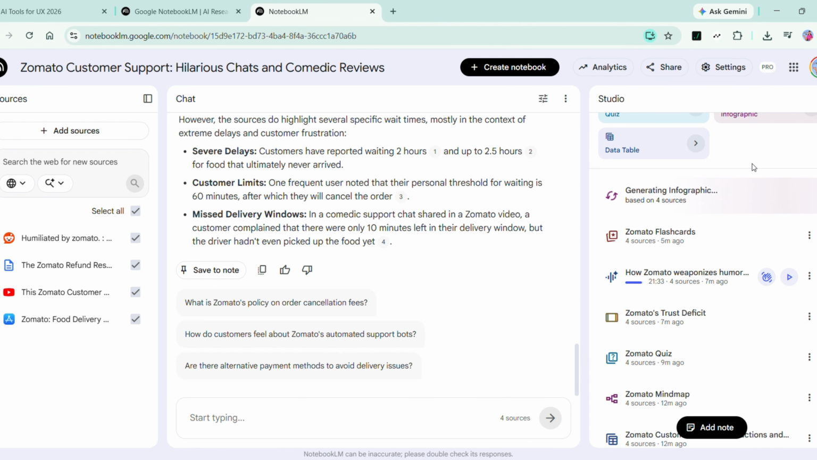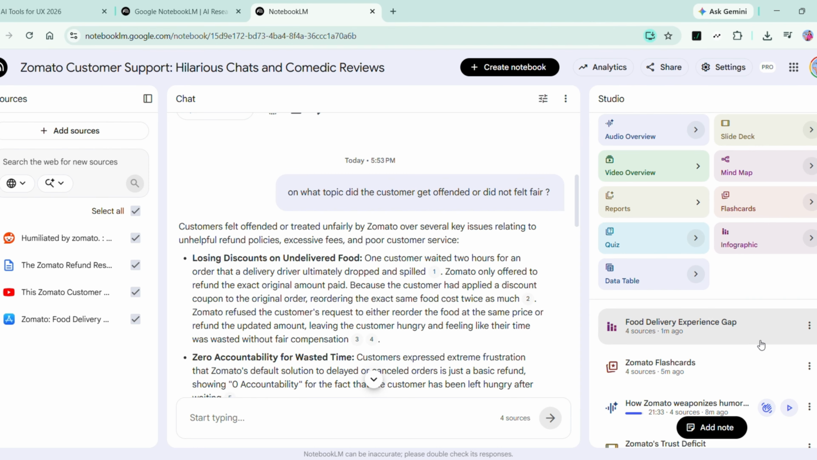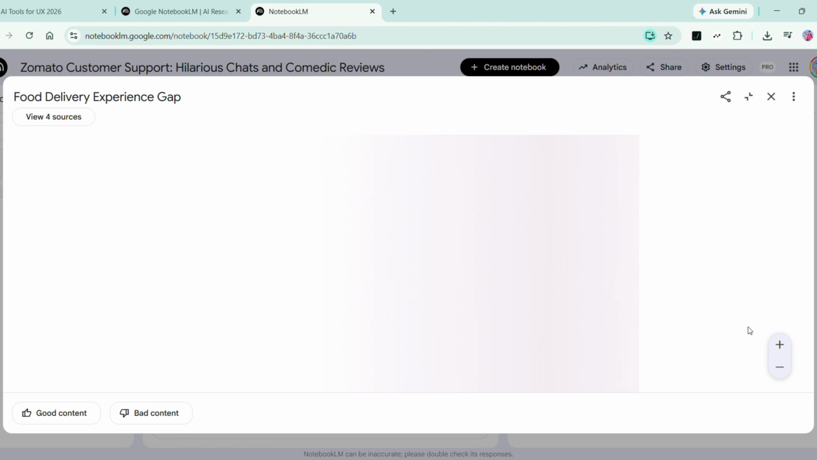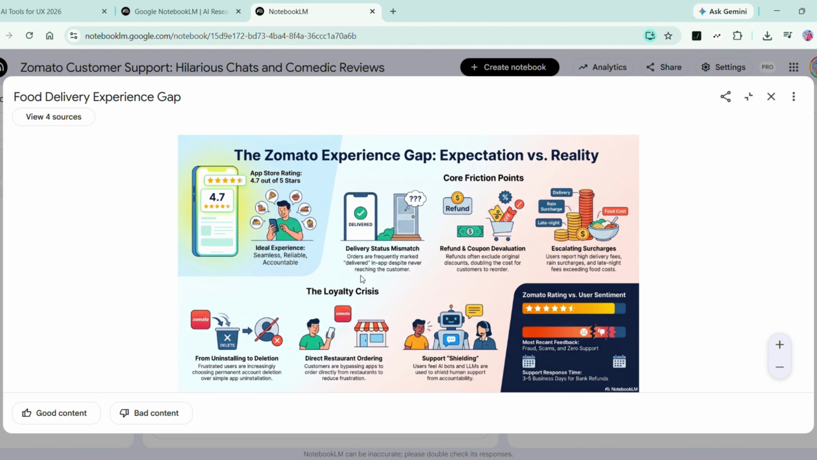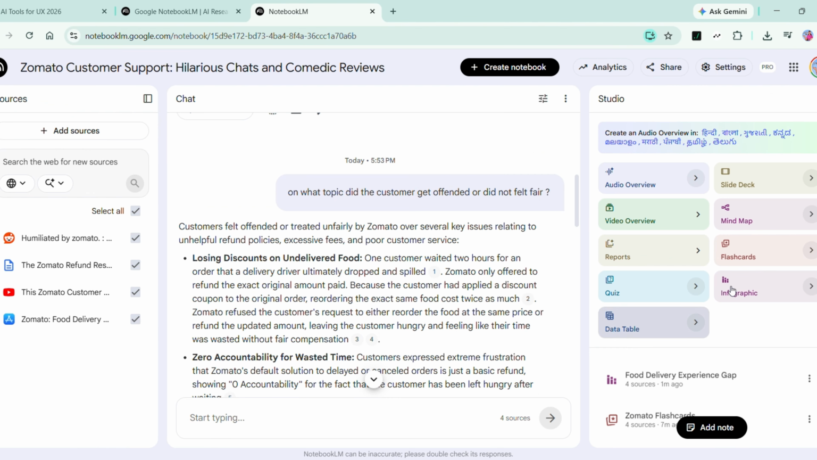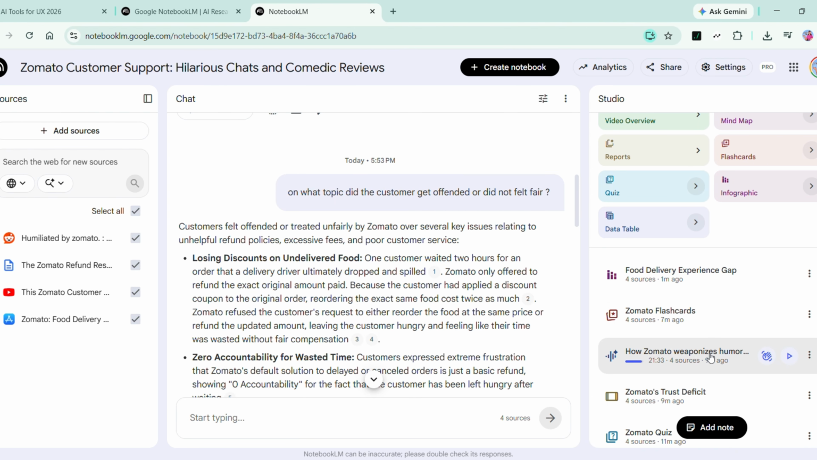In infographics, it basically gives you a visual representation of the whole concept. So the Zomato experience gap, expectations versus reality. What happens, what is the friction points, and what is loyalty crisis. So whatever it is from the whole, from all the sources, it has combined and made an infographic for you to understand. So this is how NotebookLM works in making you understand the whole concept and defining your user better